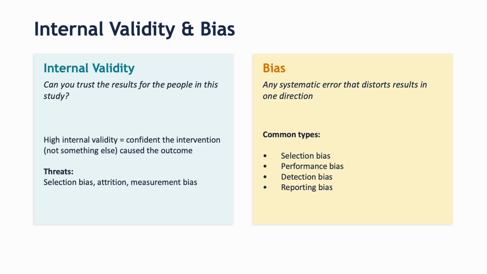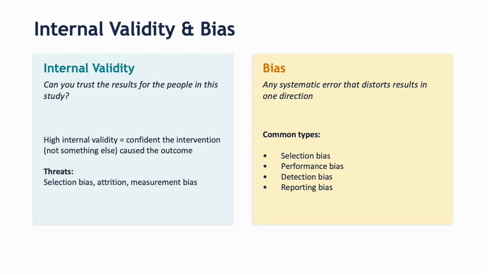It really does. Let's look at the menu of biases, starting with selection bias. Selection bias happens at the very beginning of the timeline. It means the groups you were comparing were not truly comparable at the starting line. Give me an example of that. Let's say you are testing a new, very intense physical therapy regimen for joint replacement patients. Okay. If the clinicians subconsciously or even consciously, out of a desire to help, steer the younger, more motivated patients into the new therapy group and leave the older, frailer patients in the standard care group,